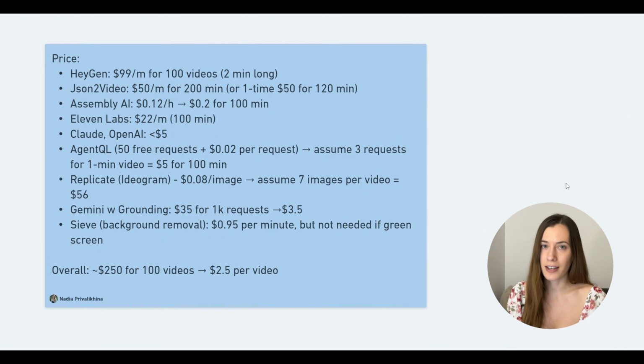Gemini with grounding, again, you don't need it if you don't do grounding and if you don't display web pages at the background. But the cost is around like $4. And finally, Sieve that you use for background removal, but you can remove the background in your initial video, and that is what I recommend. Then it will be free, but if you use it to remove background from each video, then it can be quite expensive. So the overall price to create 100 videos of 1 minute length each comes down to just $250